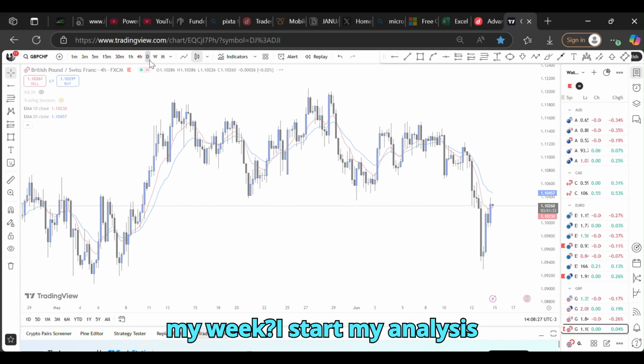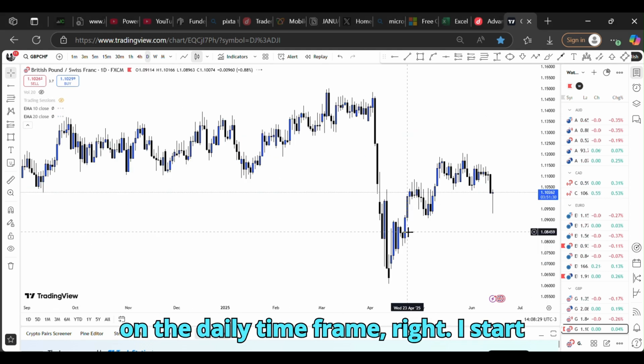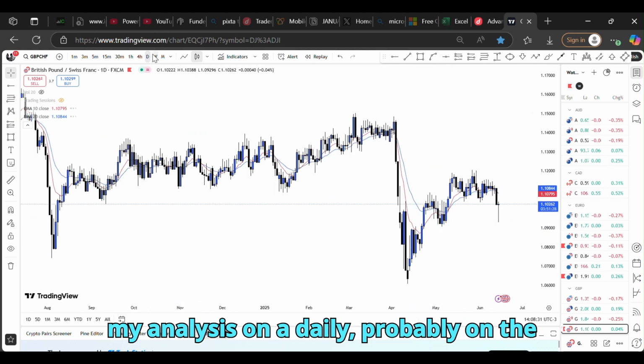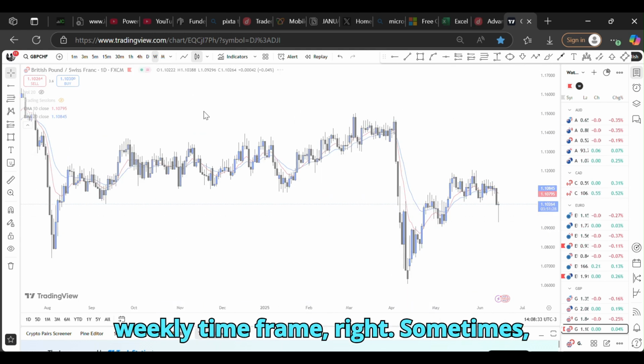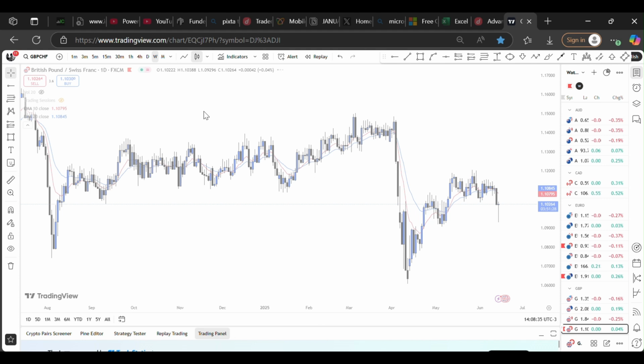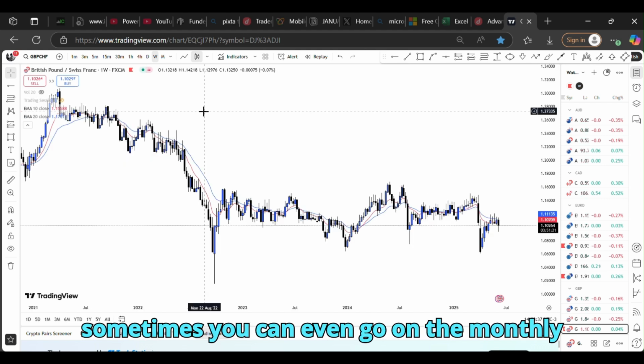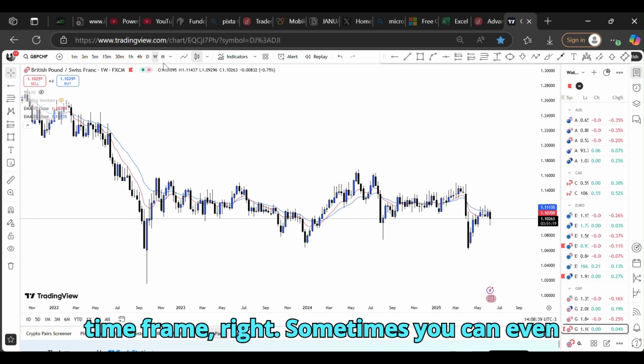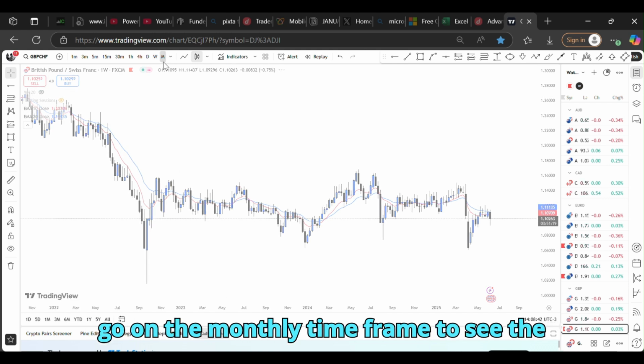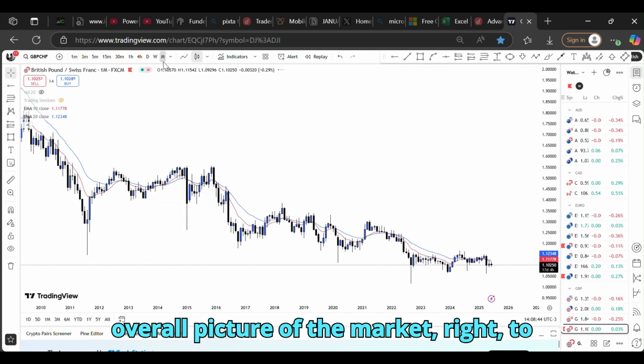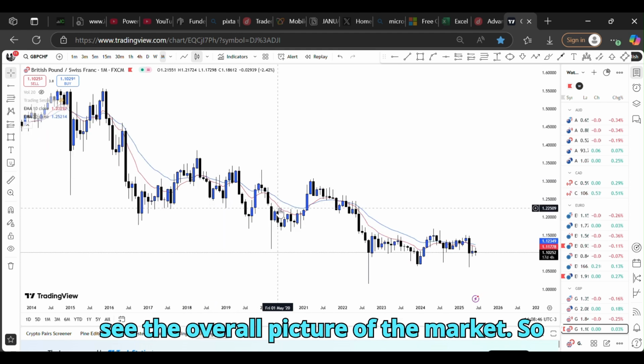I start my analysis on the daily, probably on the weekly time frame. Sometimes you can even go to the monthly time frame to see the overall picture of the market. So you can see